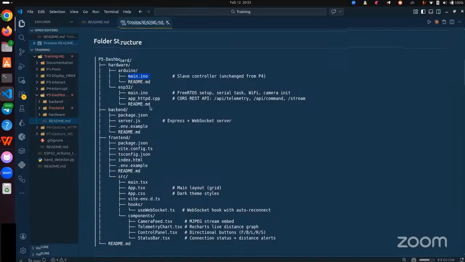All right, so new content. Let's just say the dashboard part of this module is the backend and the front end. So we have a simple server. I'm going to show you how it works. And then we have the environment variables, the configuration file, and the readme showing the steps on how